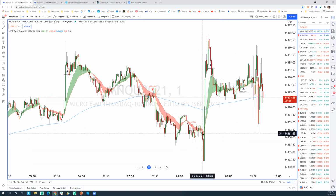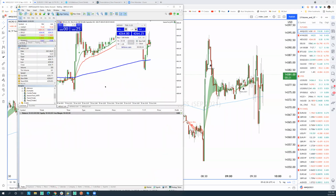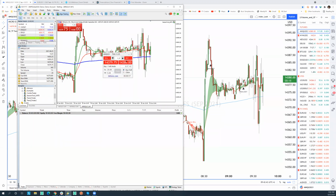Similarly, this is a legitimate setup to the upside, although you're standing in front of the market opening rotation and you get this kind of topside move. Having said this, now I actually like this trade. Where am I? I like the long on this because we seem to be...